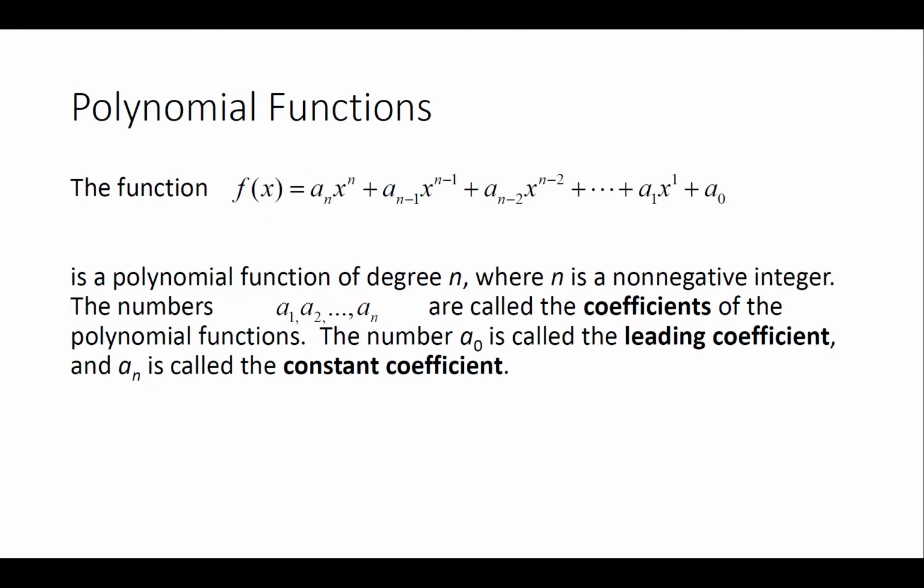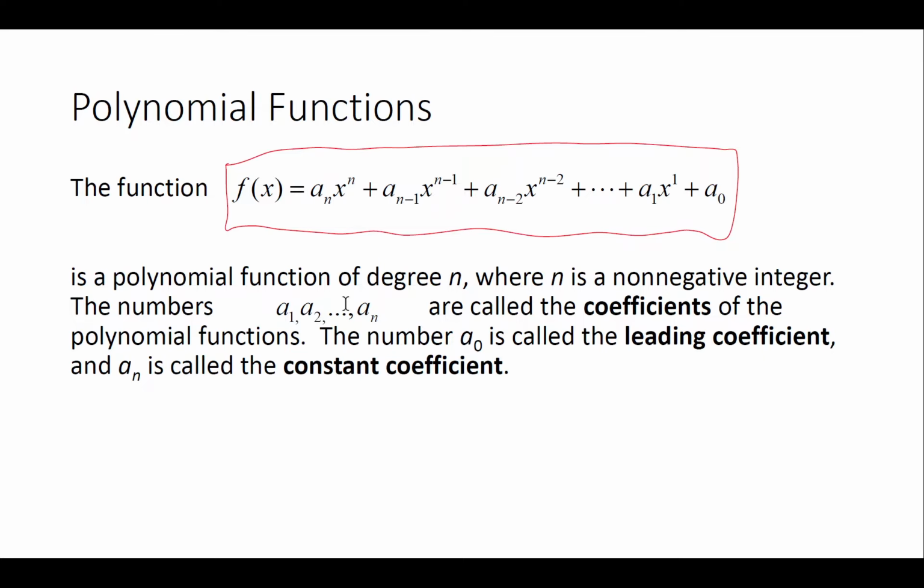First of all, any polynomial function can be written in this form. This is a generalization of a polynomial function. It looks complicated, but it is not actually. I'm going to tell you what this means. Like a_{n-1}, a_{n-2}, dot dot dot means keep continuing. It depends on the value of n, and this a_{n-1}, a_{n-2}, a_1, a_0